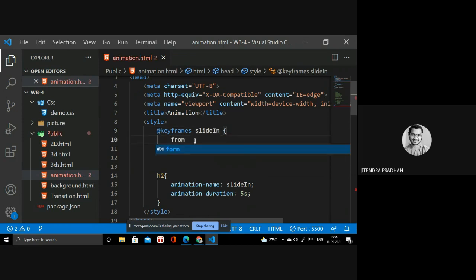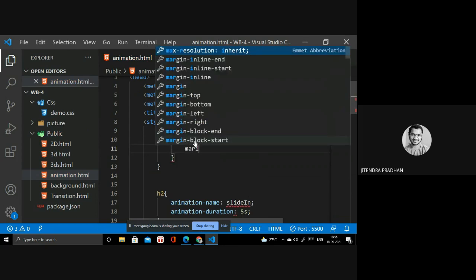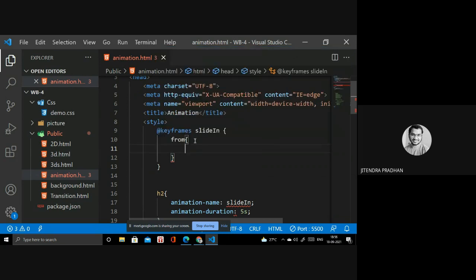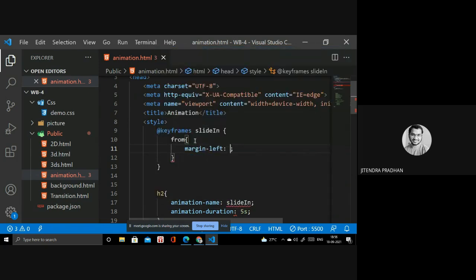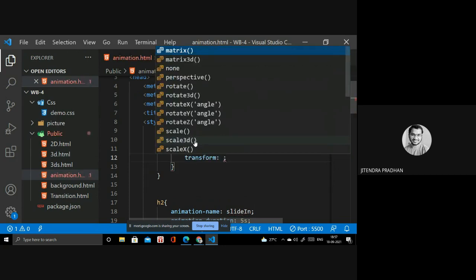You have to write from. In that you have to write the property, margin left. Okay. So margin left will be 100%. So next I need the transform effect like a scale.